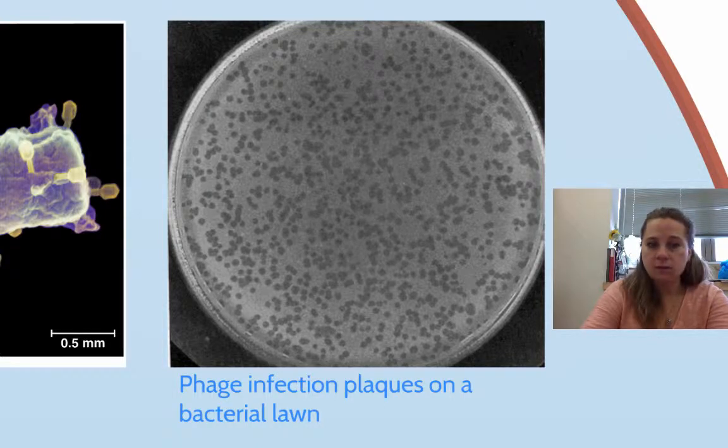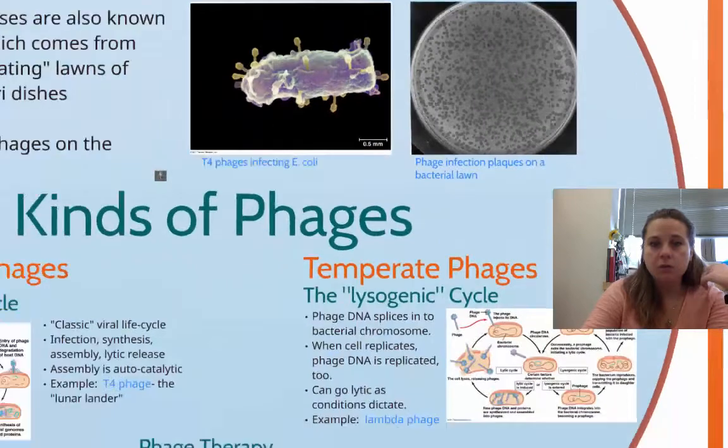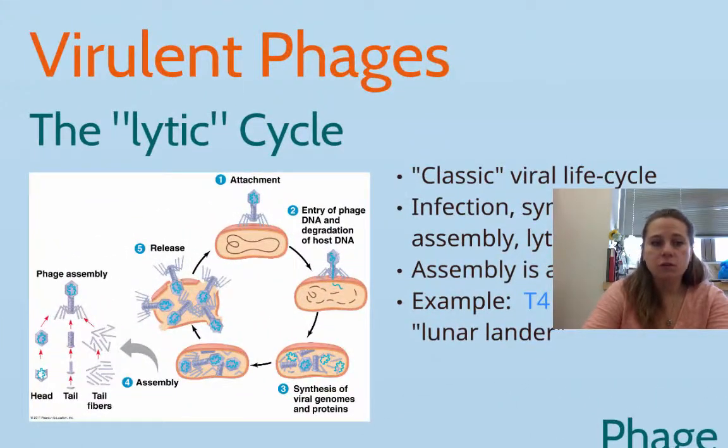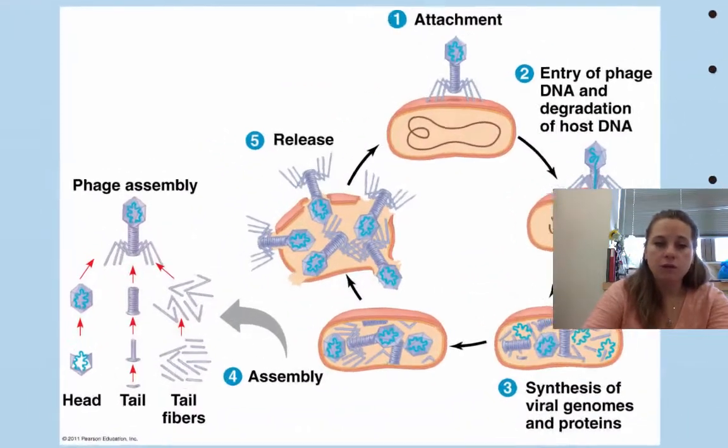So that size, 500 micrometers. Infection plaques on a bacterial lawn where it's been broken down. You have two types of phages. You've got virulent, which has a lytic cycle. Virulent means this is classic. It's going to infect, go in, bust open the cell, kill the cell in order to continue its life cycle